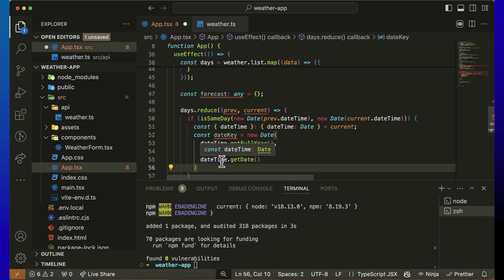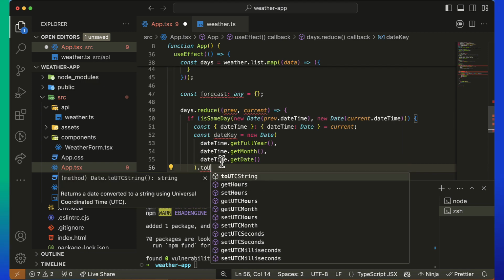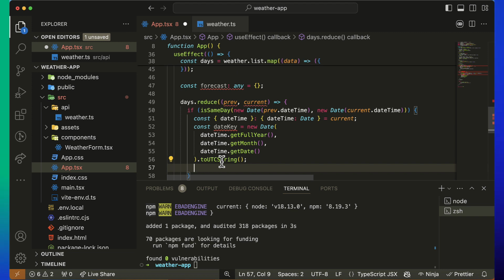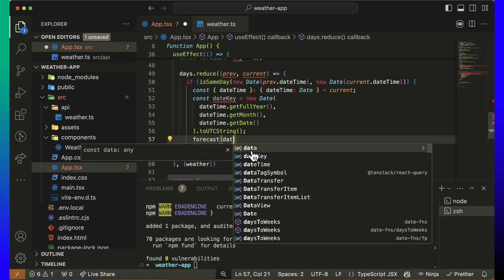And in order to have this as a key, we need this to be a string, so I'm going to do toUTCString. And now that we've done all that formatting, we can do forecast. So we're going to do forecast.dateKey,